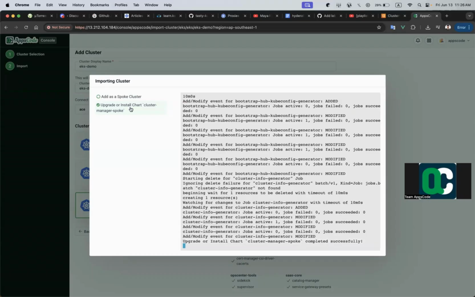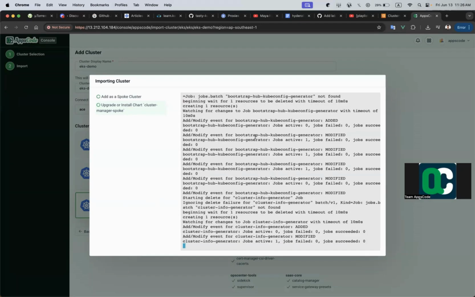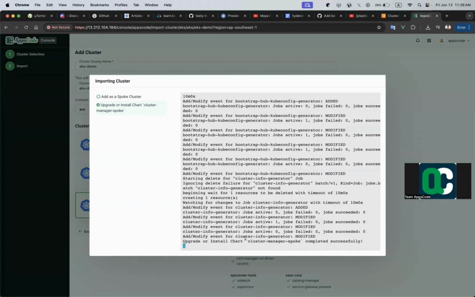So this cluster has already been installed. That's good. It is now going to be added to the hub cluster, and it is doing some cluster info generation. Okay, so